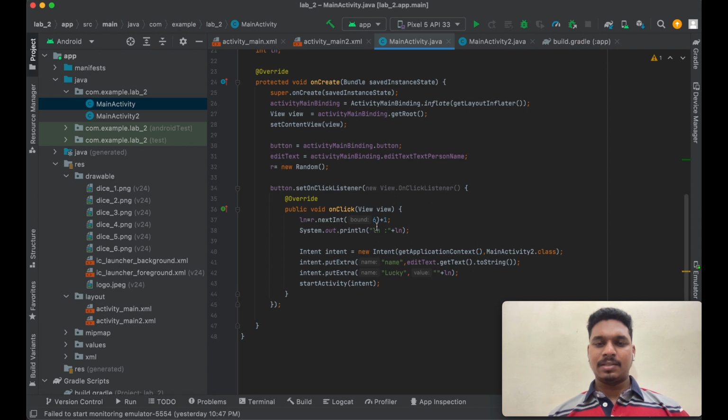So nextInt(6) + 1. Basically the plus 1 is because nextInt(6) gives values 0, 1, 2, 3, 4, 5, and we need one more value, that is 6. Since 0 won't be taken, it would give only 5 values, and with plus 1 it gives 6 values. These are stored in ln and System.out.println, the value we need to give out. The name we enter here we carry to the next page, and it will be lucky if we get 1. When we carry to the next page, that is MainActivity2,